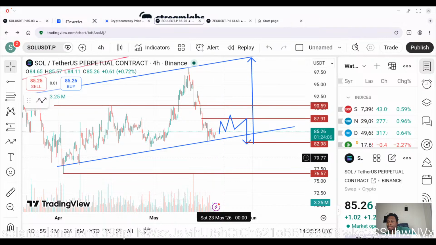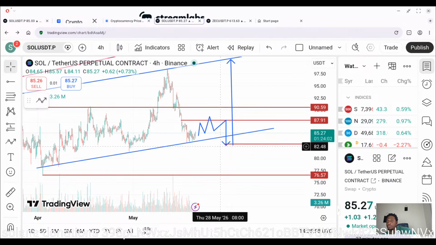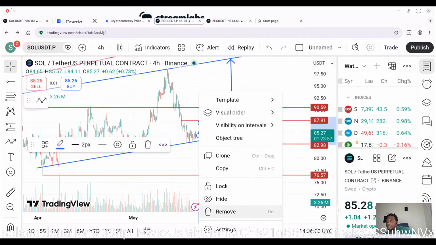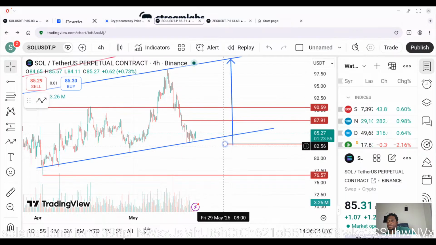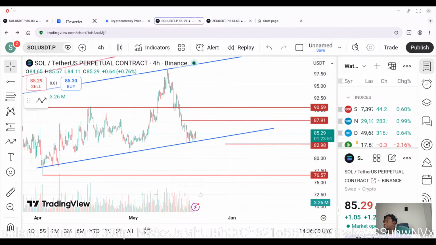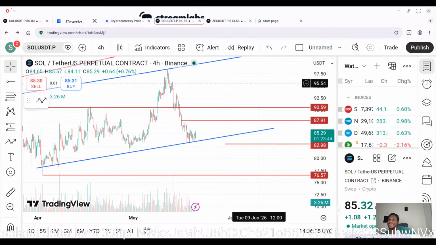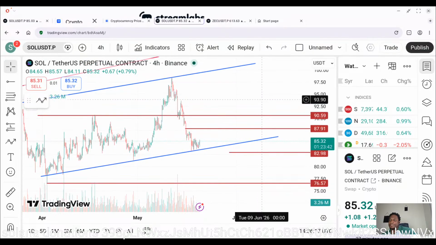It knows this. The market manipulators, they know this. They're going to give you something to work with so they can manipulate you and take your money. That's what they do best. They've been doing this for years. They're very good at it. They're exceptional at this because they've been doing this for so long. They know how to take your money. Taking your money is easy for them.